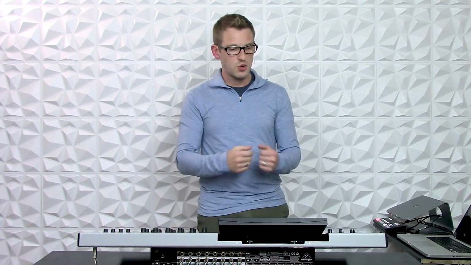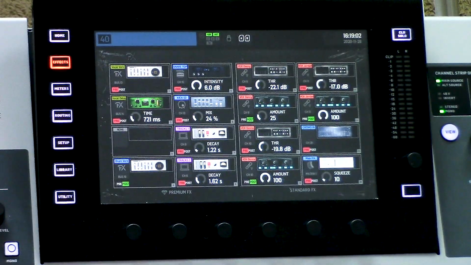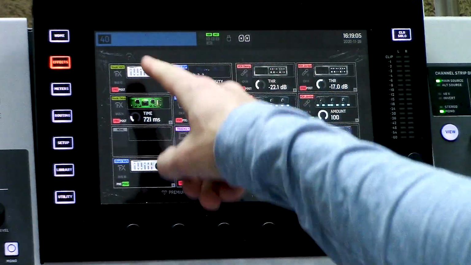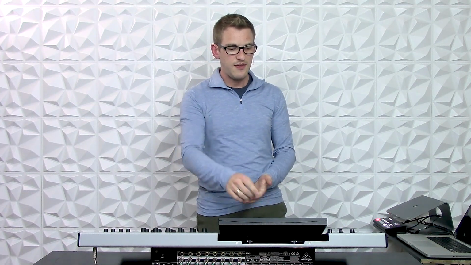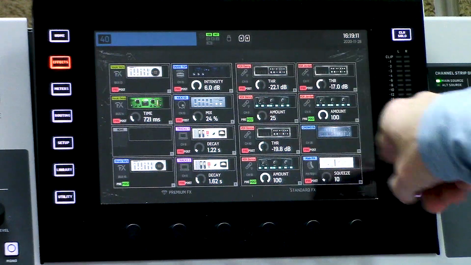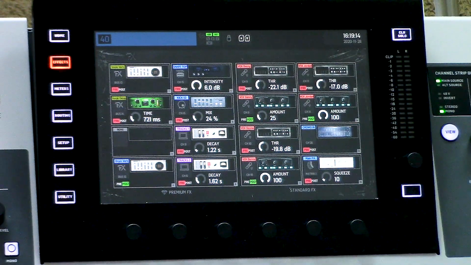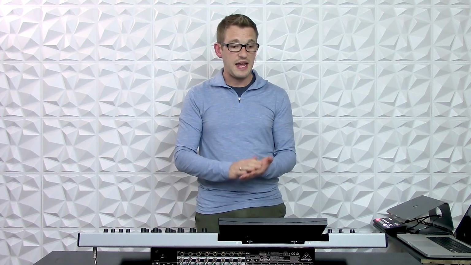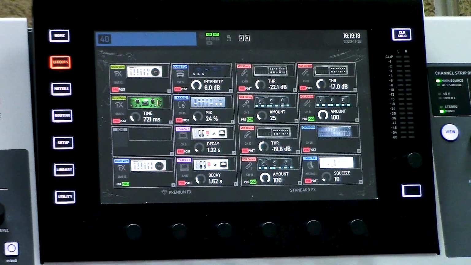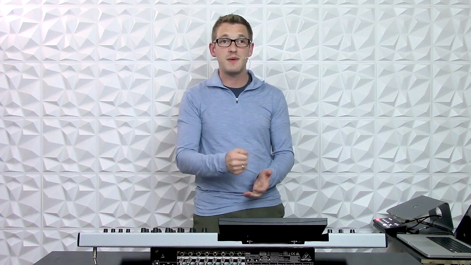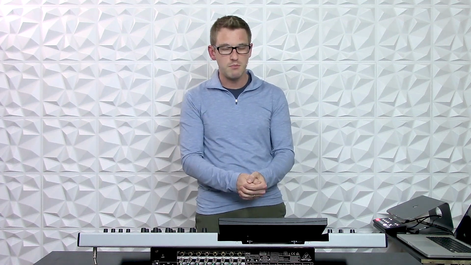So the Behringer Wing is similar, and so if we hit our effects section, we have our first 8 racks that are going to be our time-based effects, so reverbs, delays, chorus, that sort of thing. And then the standard effects is on the right-hand side, so 9 through 16. Those are going to be our insertable effects. And the Behringer Wing actually has a thing that is pitch fix, which is a form of auto-tune, which works very well. And so I will be making another video about that. But that's one example of a little bit of a more advanced effect that's built into the Wing than the